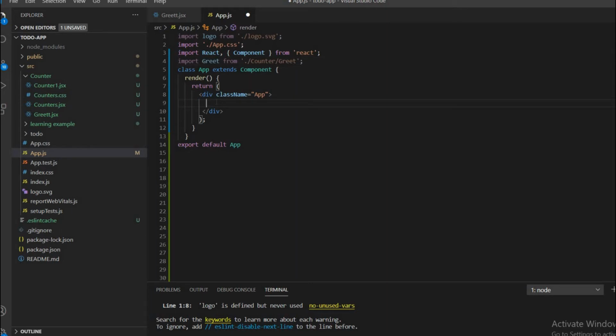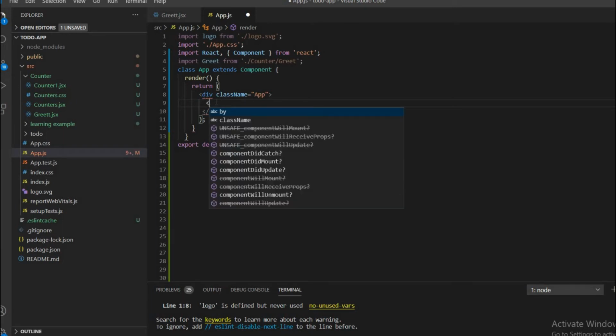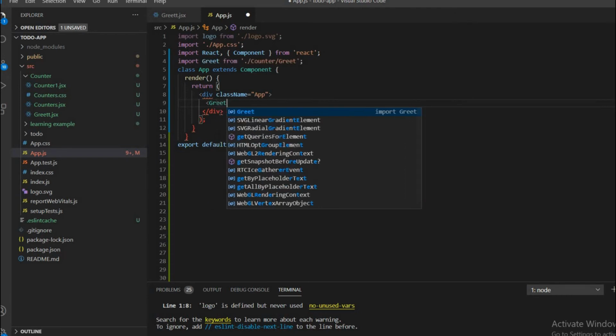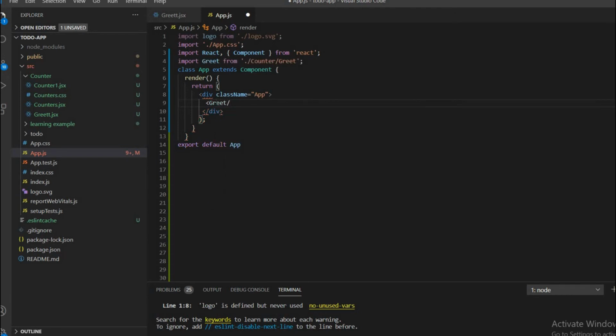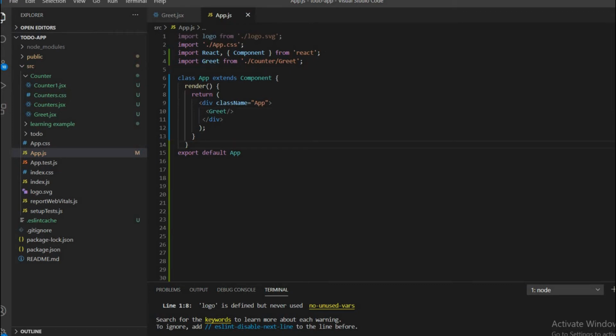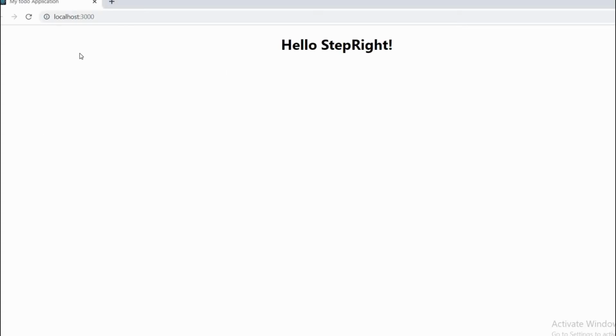Next, to include it in the app component, simply specify the component as a custom HTML tag, greet, and there is no content, so you can simply use a self-closing tag. So save it and go to the browser. Now we can see that our functional component is running and we have received hello Anu.